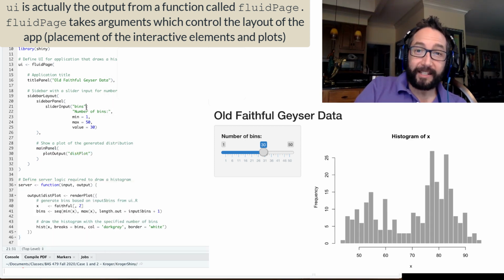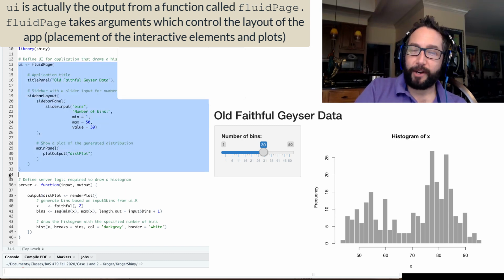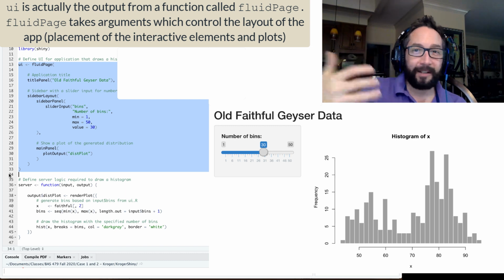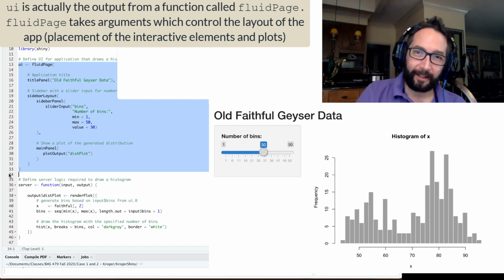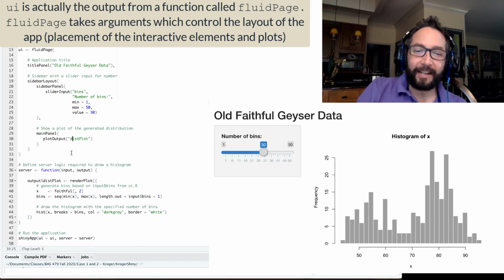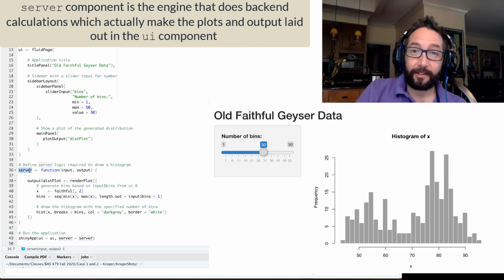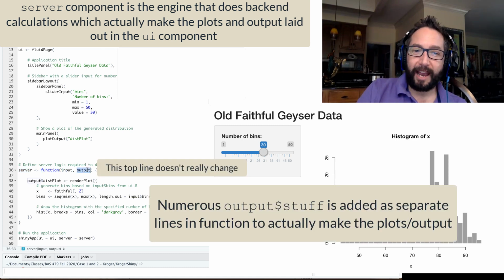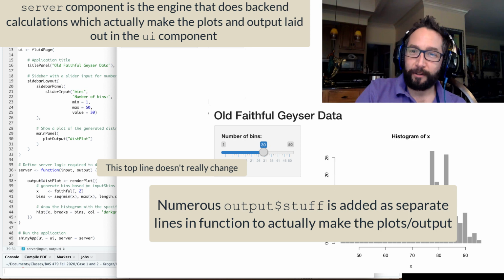So that's the UI component, the first half of any sort of Shiny app. It stretches anywhere from just a couple lines to hundreds and hundreds of lines, depending on how sophisticated your application is. And the second part of the Shiny app is going to be this server object that gets created. It's actually going to be a function that we're defining. We'll leave the input and the output as is. But this is the code that actually goes and generates the plots, that generates the output that we add to